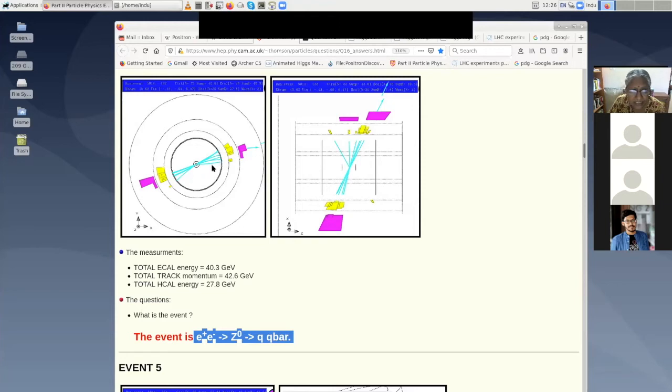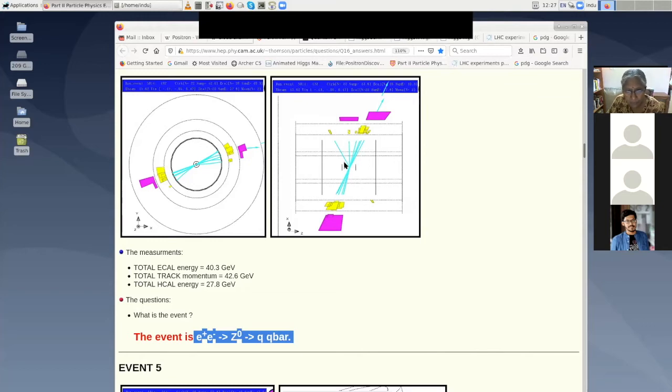And you can see that there is a very clean area between the two jets. There is no activity between the two jets because one quark went this way and the other quark... I can't tell whether it's quark or anti-quark. It is not possible to tell. But one quark went this way and one anti-quark went this way, maybe, or the other way around. And therefore, they're still roughly back to back. Okay. You can see that they're back to back. And in fact, you see the other side view.